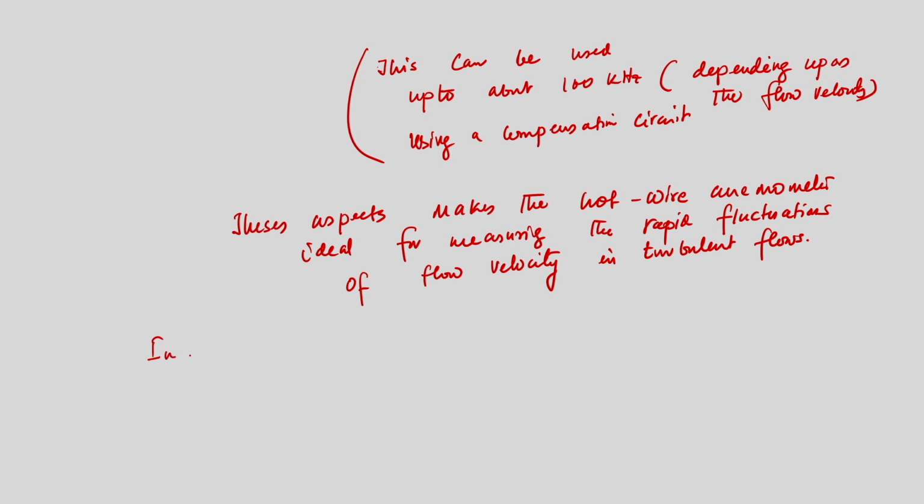But we have discussed many important points. We have discussed the design, the operational principle of the hot wire anemometer, and their modes of operation. We can use either constant current or constant temperature mode, and we have seen that if we need to measure the velocity components, the normal component and the lateral component, then we need a slight modification in the design: two wires at right angles to each other.